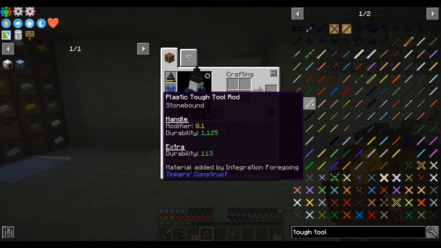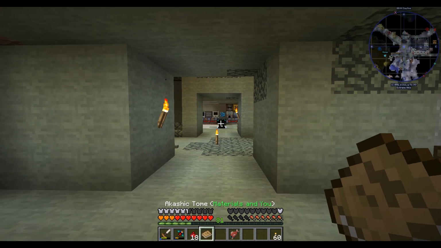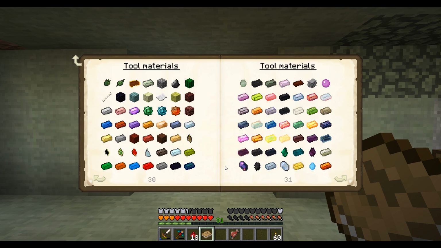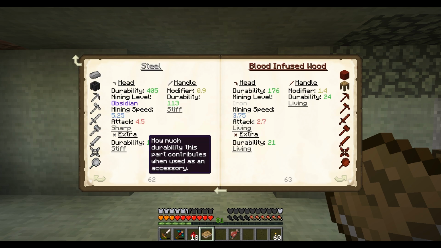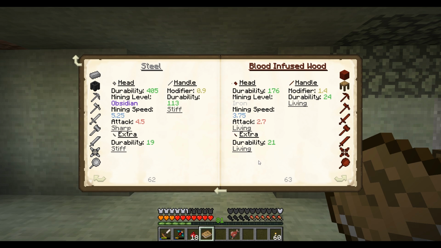I really should just make the book, huh? Let's make the book. Unless I already have it. No, I do! Oh, I'm terrible. Tool materials. Where is blood infused wood? Here we go. What is Living? Heals itself via the user's soul network. So yeah, that would use your...